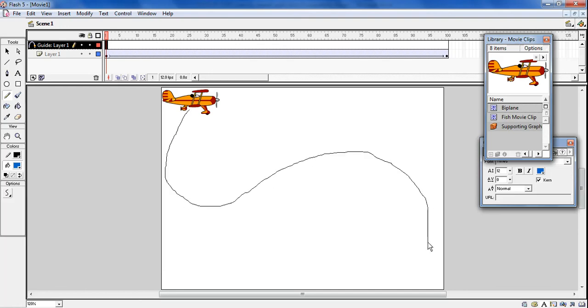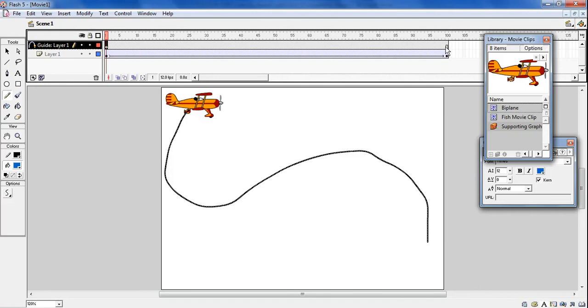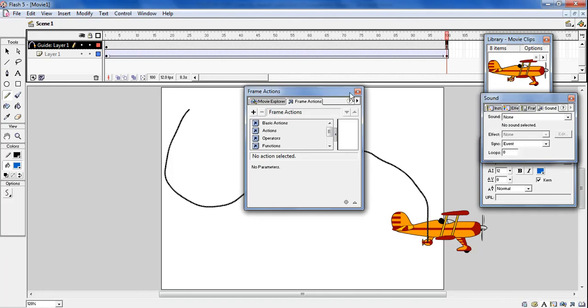See, you can see here. Once I draw this, when I press the Enter key, you can see the plane is moving according to the given path. And the size of the plane is gradually growing, because at the end I have increased the size. Here you can see the plane size in the first frame and the last frame. Oh, I'm so sorry.